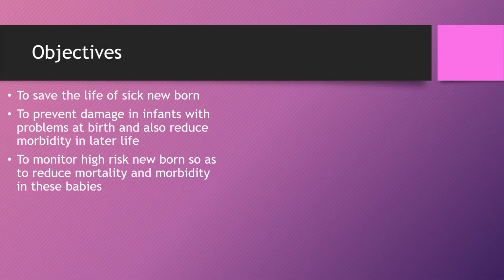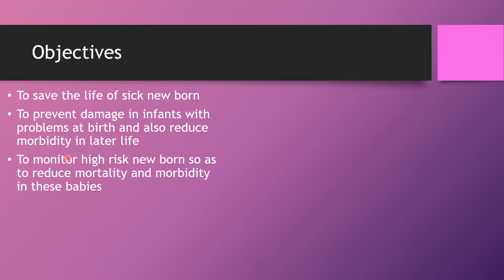What are the objectives? First one is to save the life of a sick newborn. Then to prevent damage in infants with problems at birth and also reduce the morbidity in later life. Morbidity means disease rate if the baby is born with